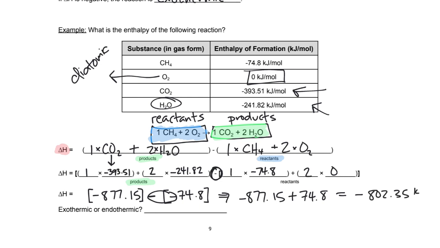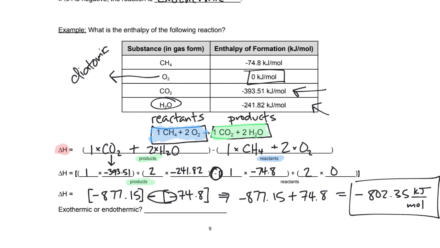802.35 kilojoules per mole. That's your unit on your delta H, kilojoules per mole. That's how many kilojoules per mole would be released or absorbed in the reaction. Now, since we got a negative number, we know that our system is losing energy. Negative means it's losing energy, okay? Now, when your system loses energy, it releases it out into the surroundings